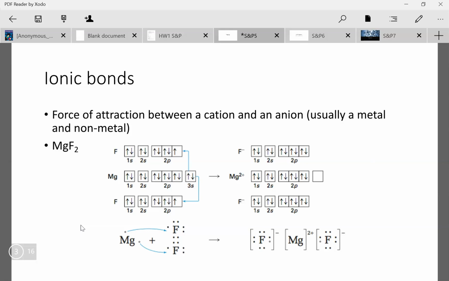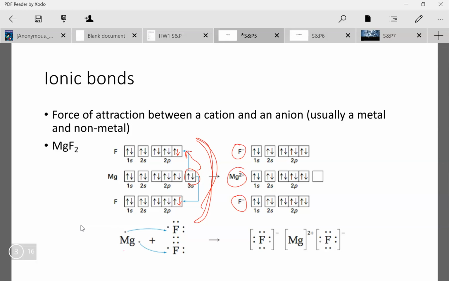This is basically a review of grade 11. There will not be any questions on it on the test. This is just to review that for Mg and F2, realistically, instead of shells that we borrowed the electrons from, now we're going to consider them in terms of orbitals. So we know that Mg has a 3s2 electron, and one of those electrons moved to the 2p of one fluorine, and the other electron moved to the 2p of the other fluorine, automatically changing spins as they do so as necessary. That's not something that we have to be concerned about, really,